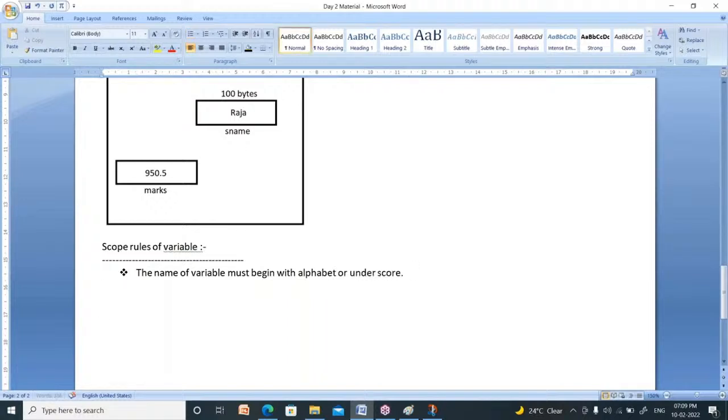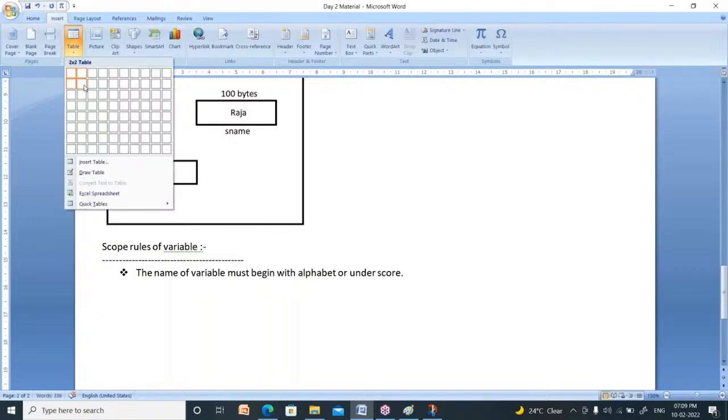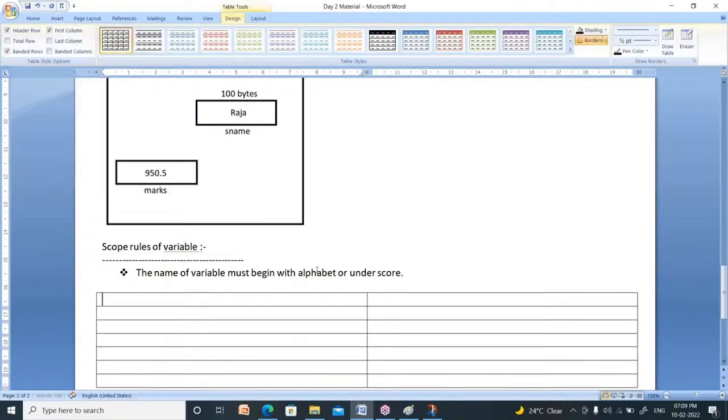I will explain some do's and don'ts here for better understanding. Do's: you can create a variable like this, number one. It is a valid name. Why? Because the starting letter is an alphabet.